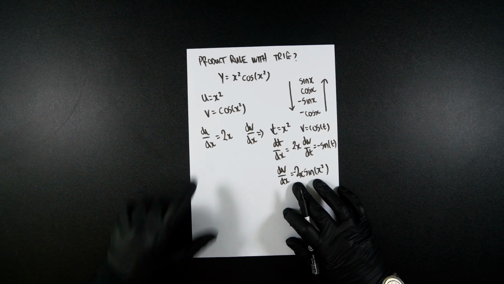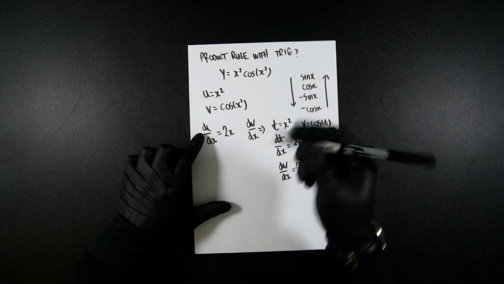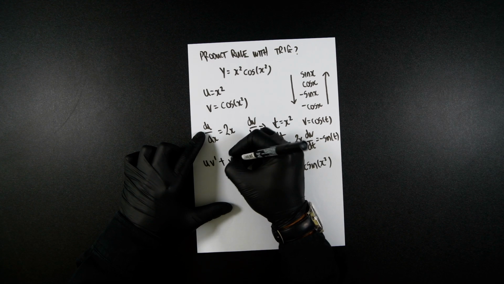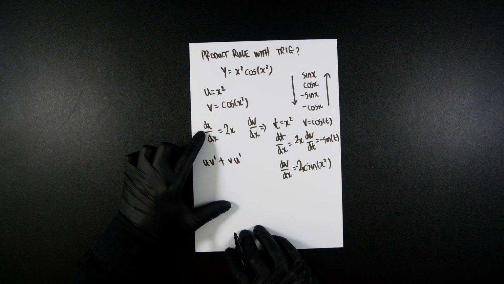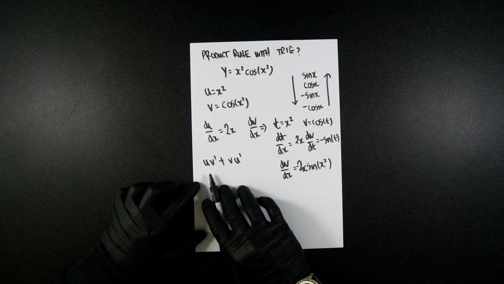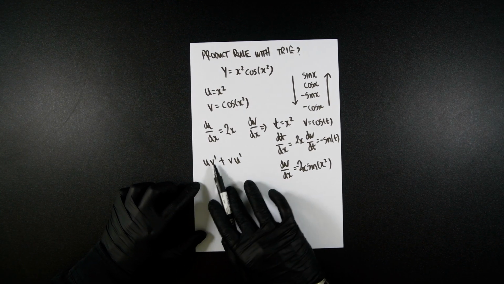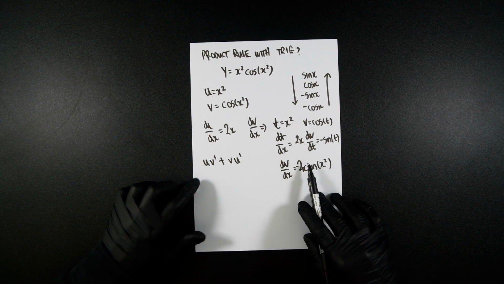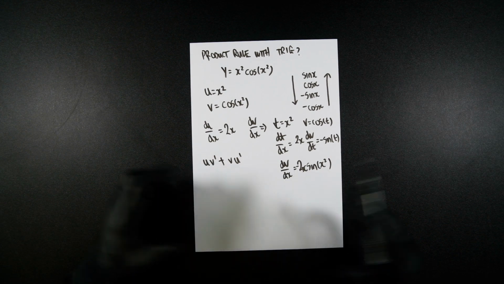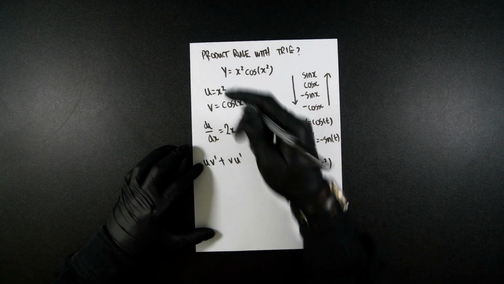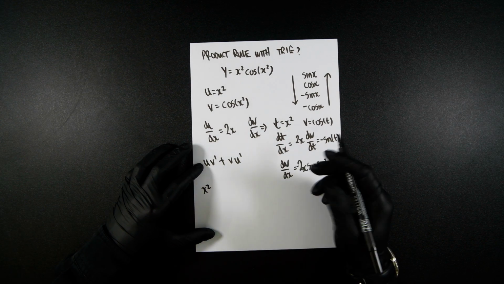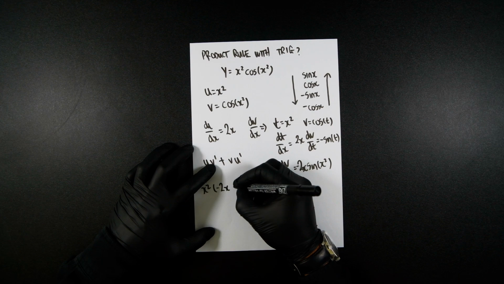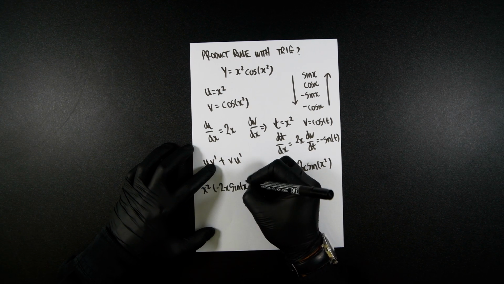So we've got dv dx and we've got du dx. The product rule formula is u v dash plus v u dash. So we now plug in our values, where v dash and u dash is the universal notation for something that has been differentiated once. So v dash and dv dx is the same thing. So let's do u, plug that in, which is x squared, times v dash, which is here, minus 2x sine x squared,